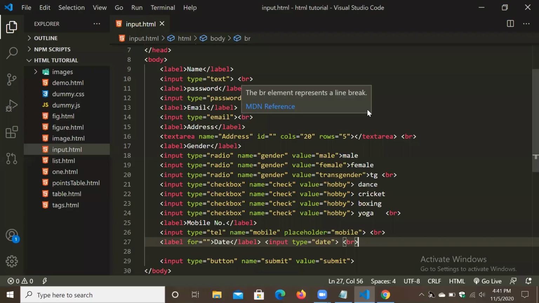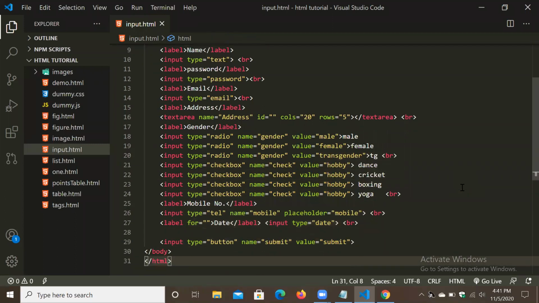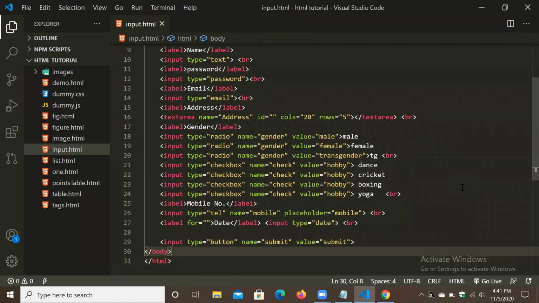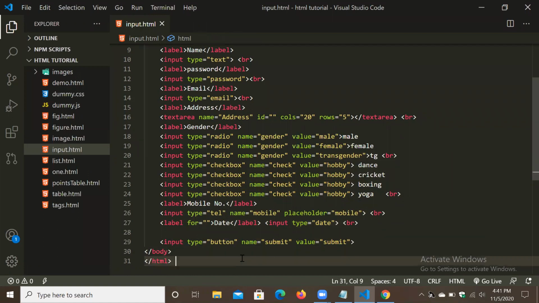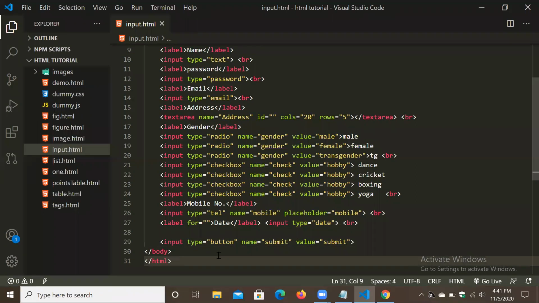Now next thing we have to see is the elements. So what is an element? An element means the tag with content. For example, I write here a div tag, and I will write here one. So what it is, it is an element.